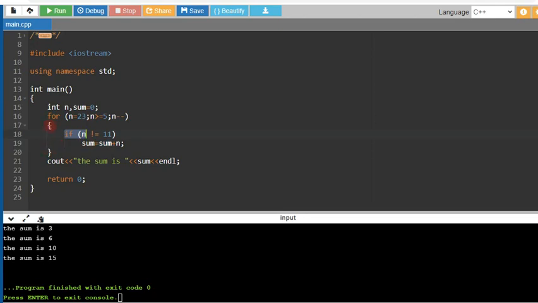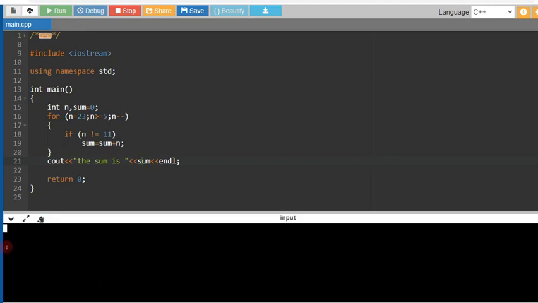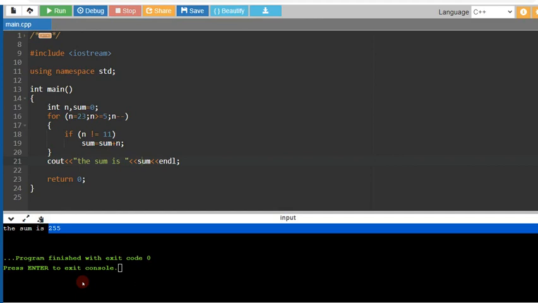Thereafter, it continues the loop as long as n is not less than 5. Thereafter the answer is printed here, the sum. Let's check the answer, how much we are getting. It is compiling, just wait. See, the sum we are getting is 255.